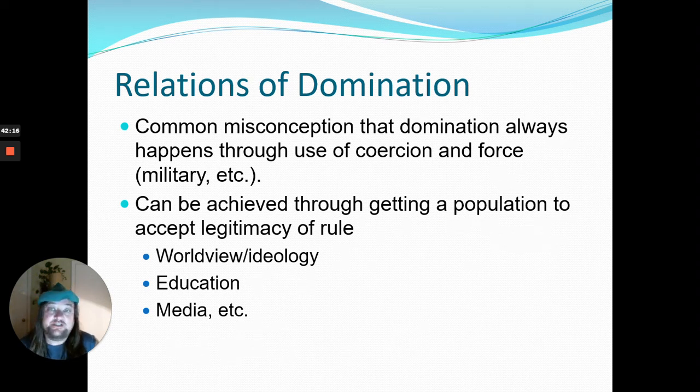Scholars who've observed history and cross-cultural ways in which these things happened have observed that long-term domination tends to be achieved by getting a population to accept the legitimacy of the rule in place through transmission of worldviews and ideologies, through the educational system, through media, and so forth. So I would argue, for example, that our current system, which a lot of us grow up to be taught is a fair way of doing things, the only fair way, the most equitable way to do things, and then when you start to dig and you see all the social